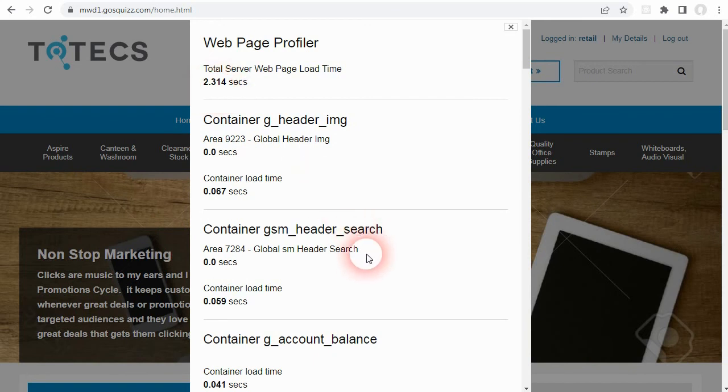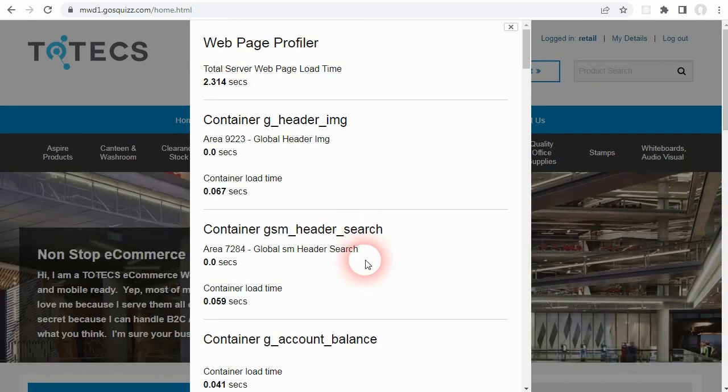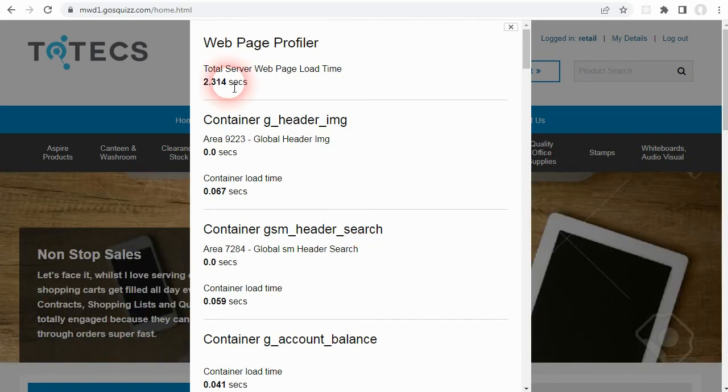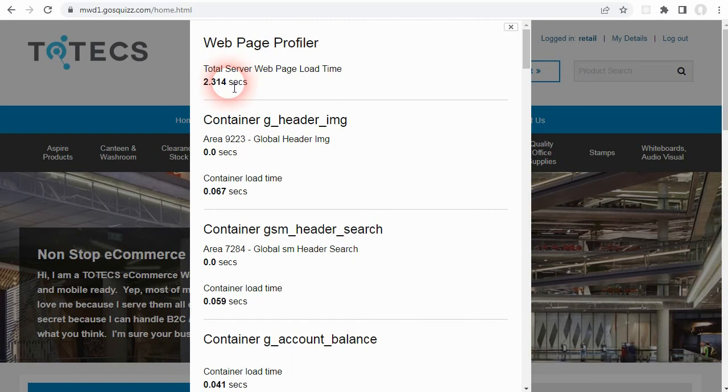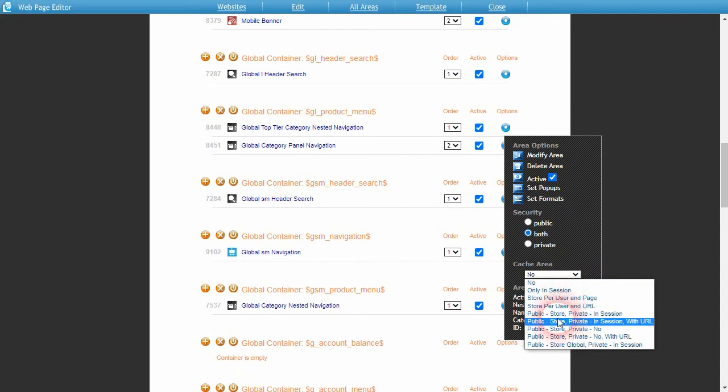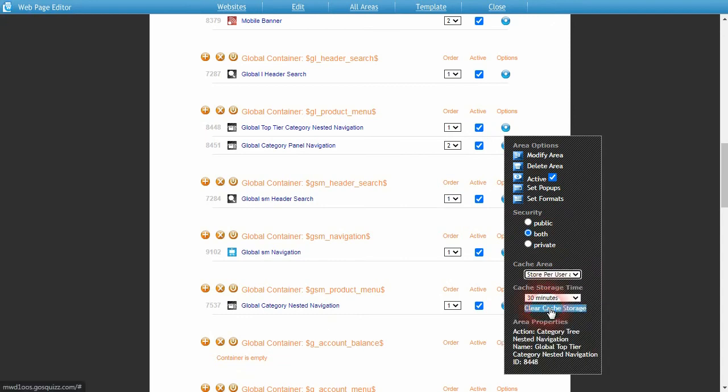And there may be other opportunities to turn on caching on other areas as well to get it even lower. And that will be consistent across guest users who load this web page and create new sessions as well by implementing the database caching storage mechanisms that we talked about earlier. Note that for any area where caching is turned on and using this storage mechanism, there is the ability to clear all the area content that is previously being cached across all the relevant users by simply clicking on